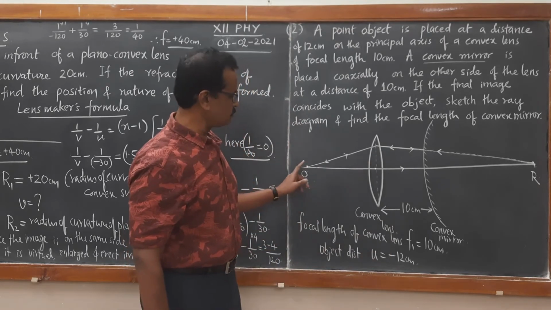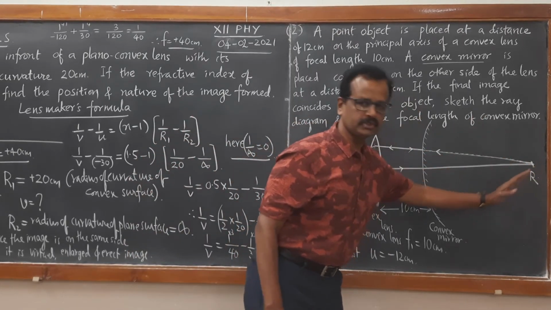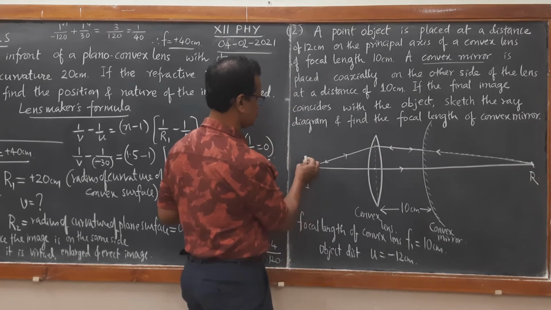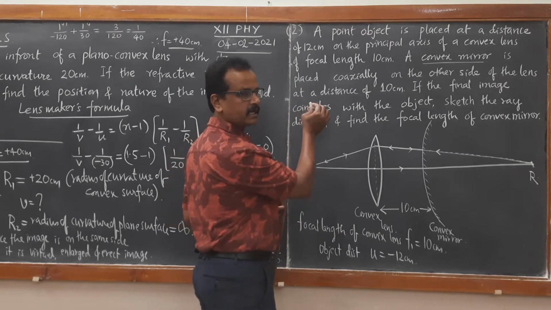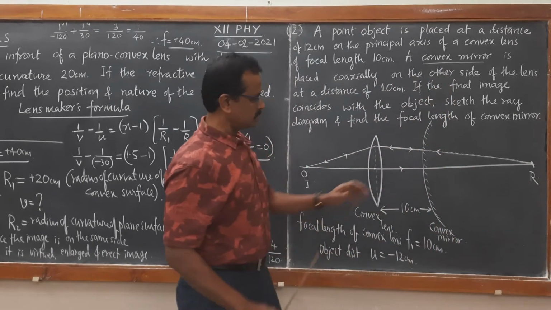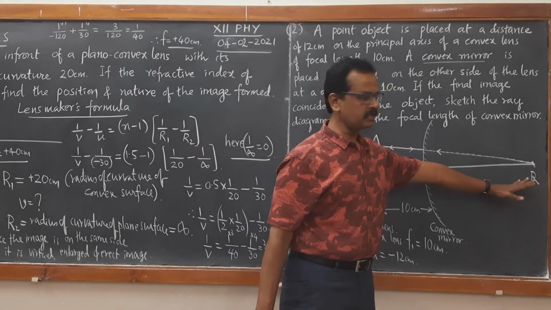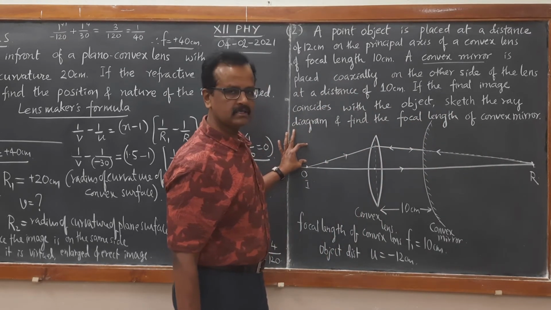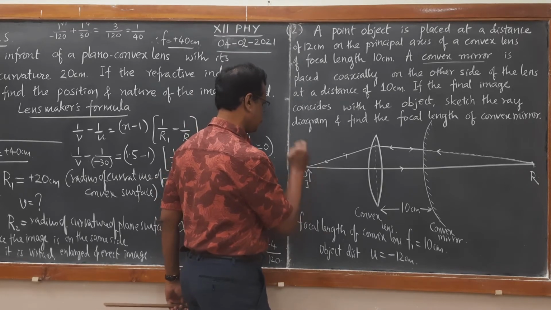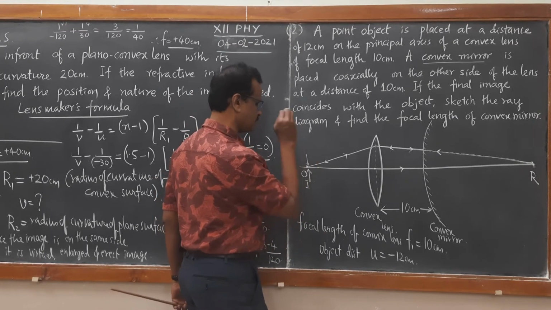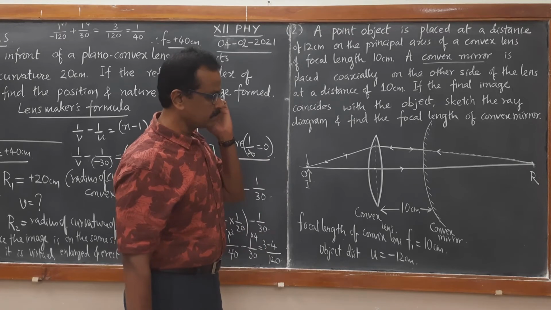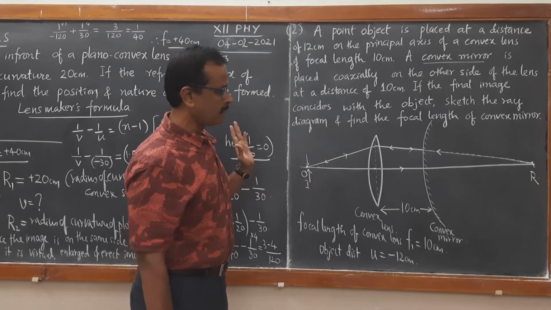It means the image you are going to see is at this position. Suppose this is the optical needle, erect in this direction, you will get the image vertically downwards. So the image formed at this position will be exactly on its head itself, inverted. If the needle is like this, the image will be formed exactly inverted like this, of the same size. Got it? If this is the condition, you are asked to find out the focal length.